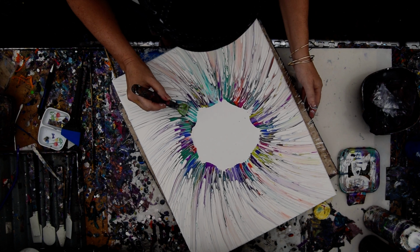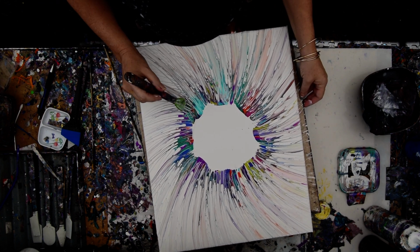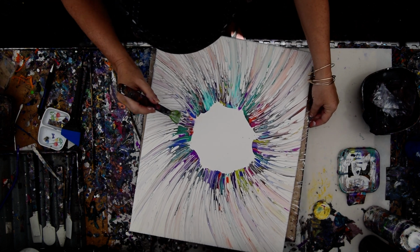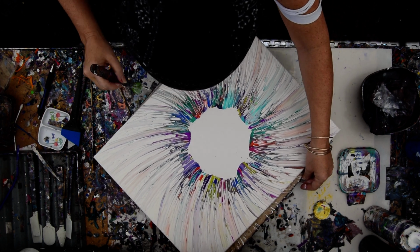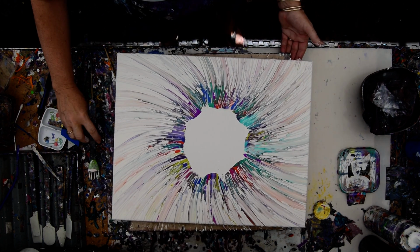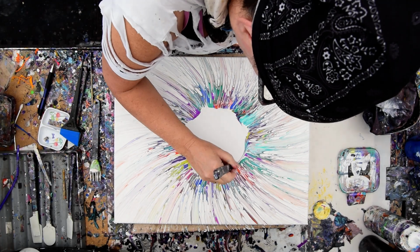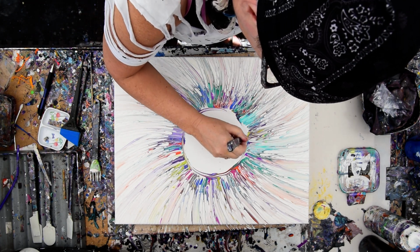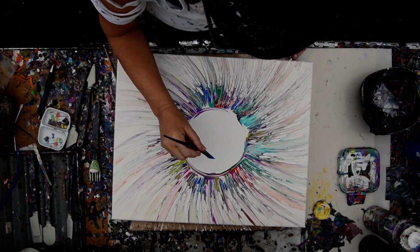I had to plan this out in advance because I was afraid my paint was going to dry. I don't have as much of a curve as I did on the first one, but I have a pretty similar effect. Now I'm thinking it might be nice to just attempt to round my circle out a little bit, and maybe even